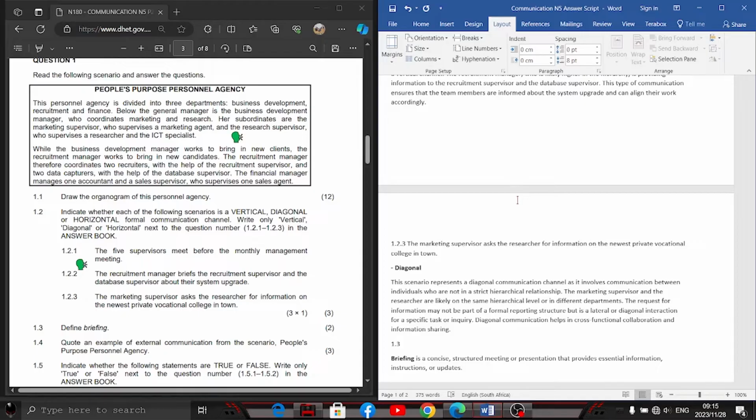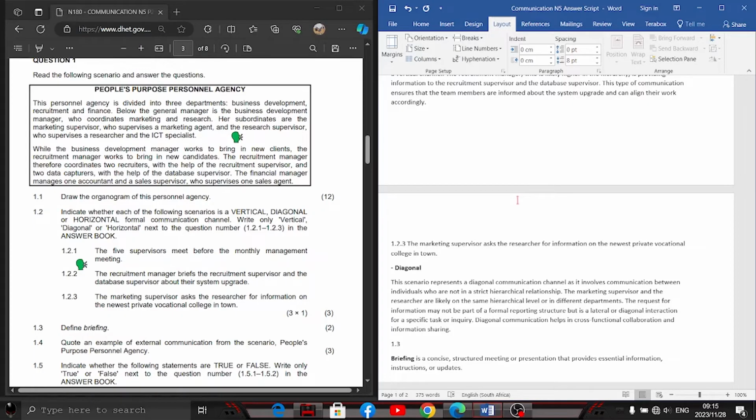So diagonal communication helps in cross-functional collaboration and information sharing, right? It's just a typical example of employees sharing information, right? So it makes it a diagonal communication channel, right? Let's go ahead